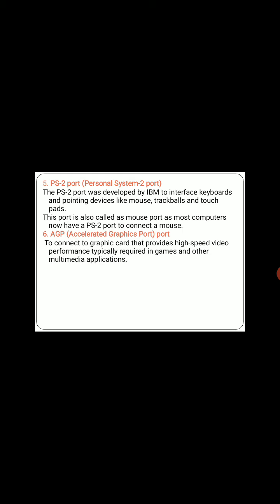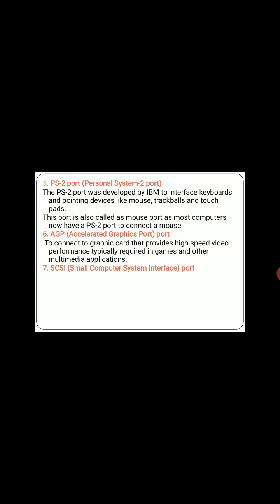If your system has an AGP port, then only you can add the graphics card. Using AGP only, you can add the graphics device. A graphics card is necessary when you are using high level multimedia applications or any high level video games.